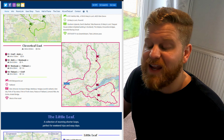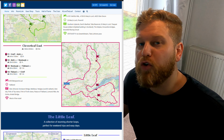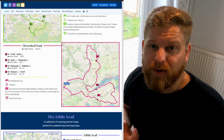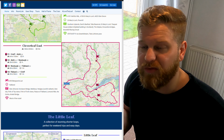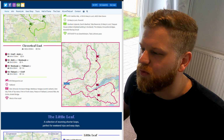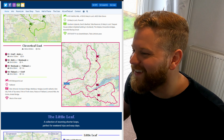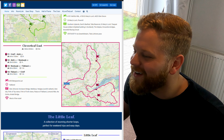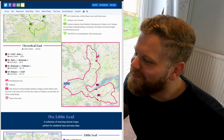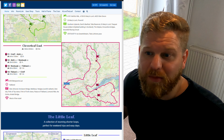This takes me quite easily onto the next point. If 6 hours a day is too much for you, because I think it's 6 hours of riding, you'll have to factor in lunch stops, you'll have to factor in fuel stops and various other things, and however long you want to stare at the Kelpies for, etc. But yeah, if those are too long, if 6 hours on the bike is too much for you